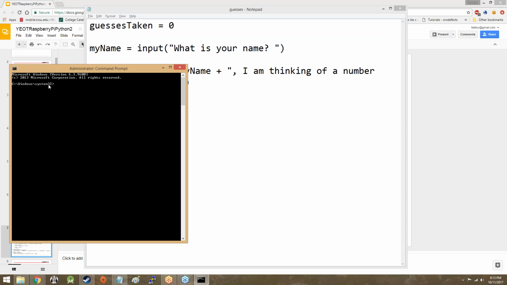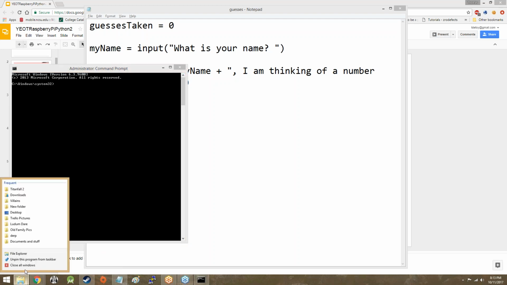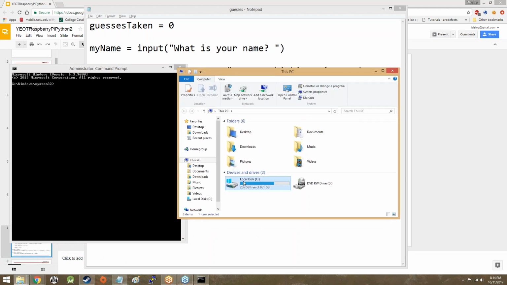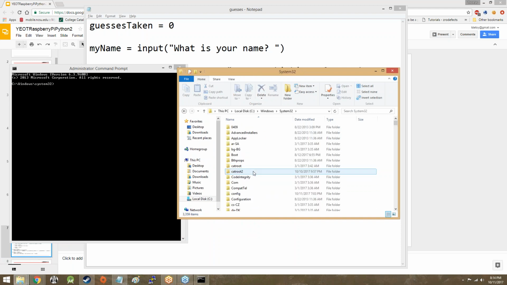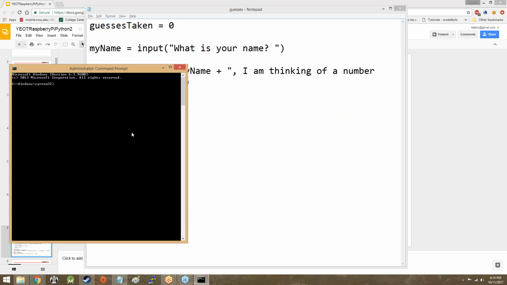And we can navigate to this through, let's open up a new window here, File Explorer. So if we go to C, Windows, System 32, and there we are. This is exactly where we are on the command prompt. So what we want to do is navigate to where we saved our file,